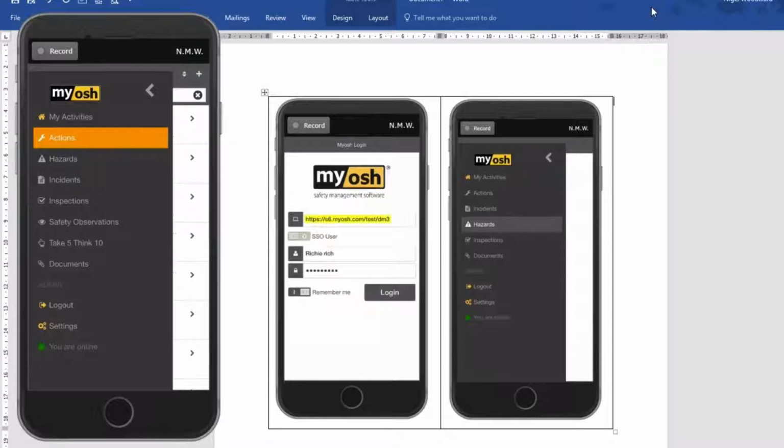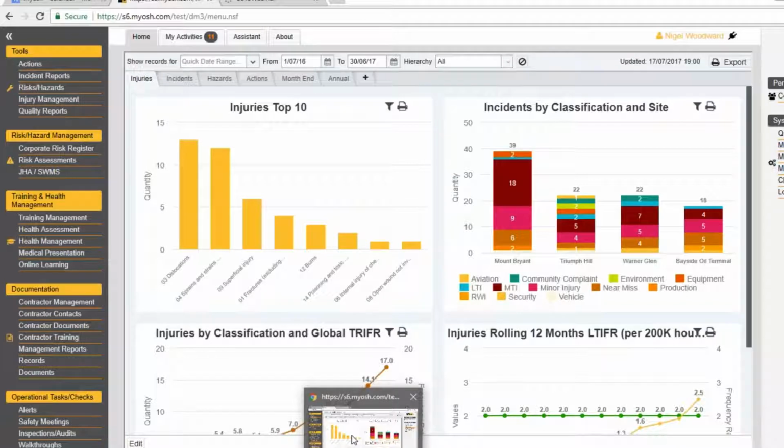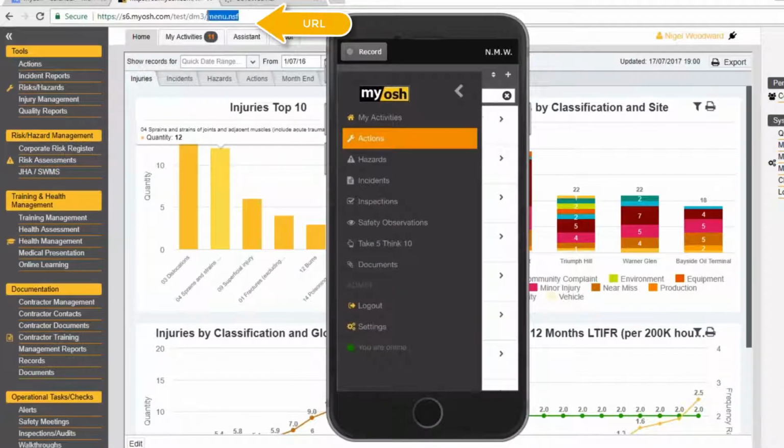Now, once you've downloaded the app, we're just looking at this rather unspectacular Word document here. On the left-hand side, what we've got in here is the configuration that you need to do. This is a one-time configuration. If you have a look at your URL that you use in myosh, so if we just quickly click on one of those, the URL is this thing up here. You'll notice that at the end of it, there's